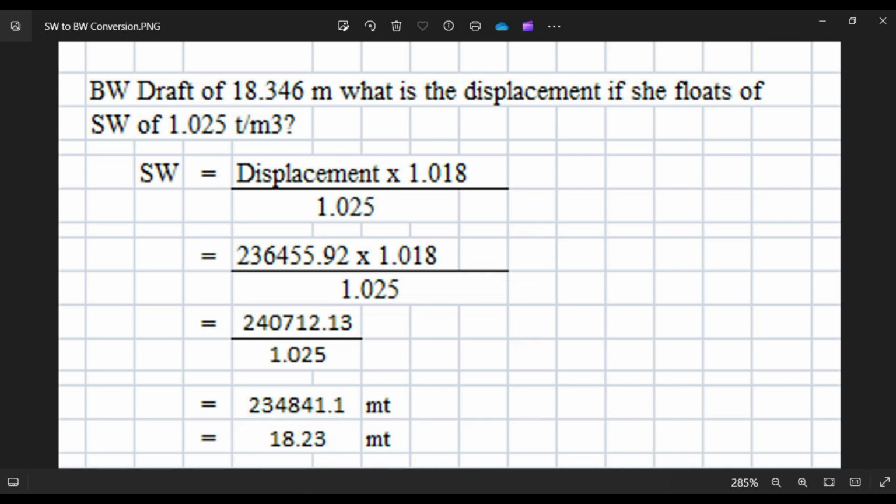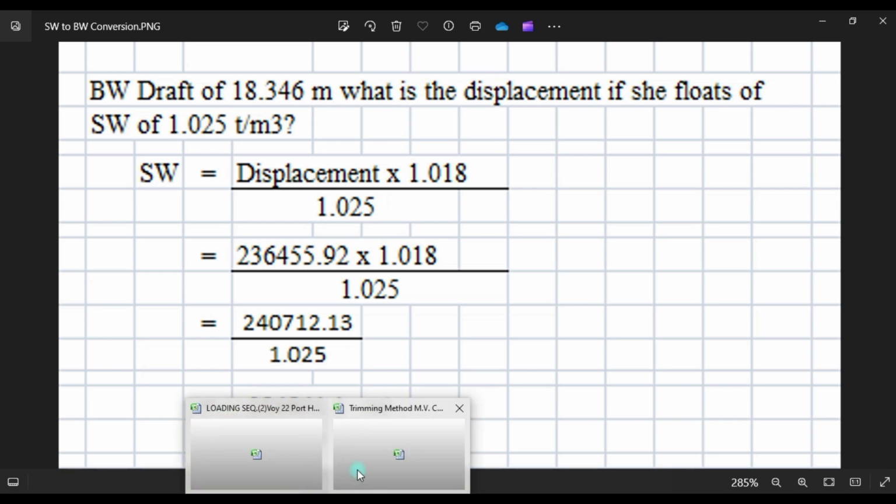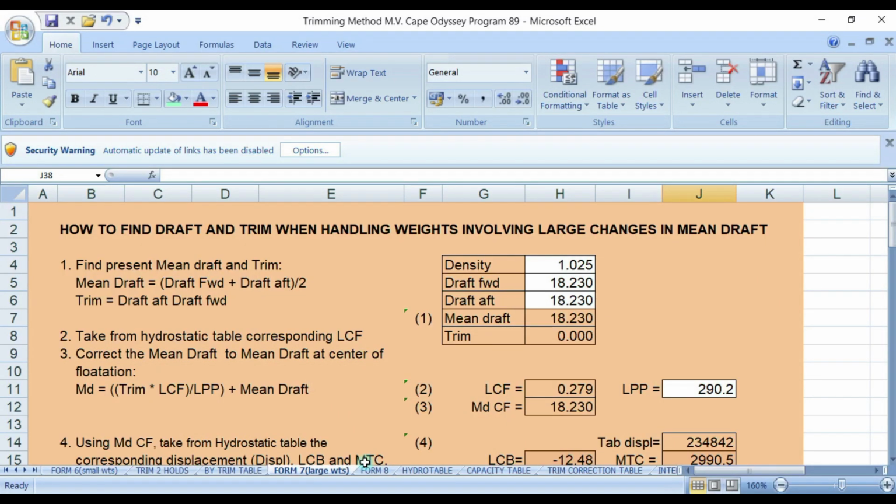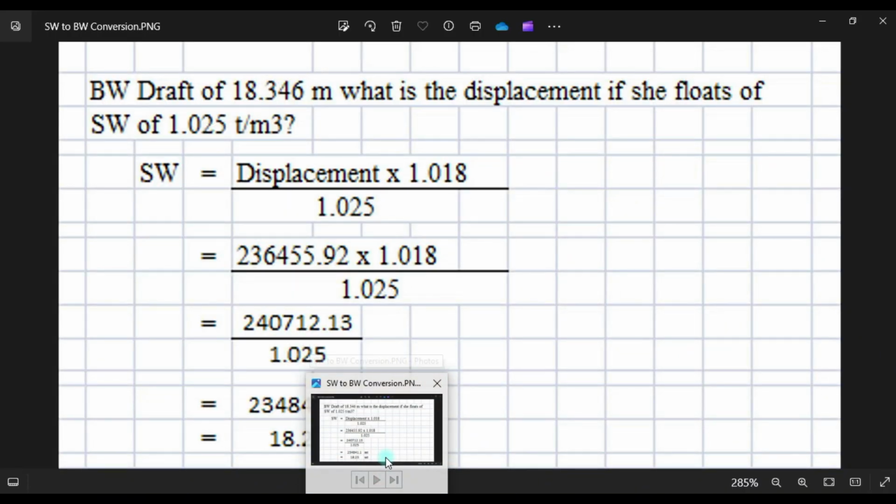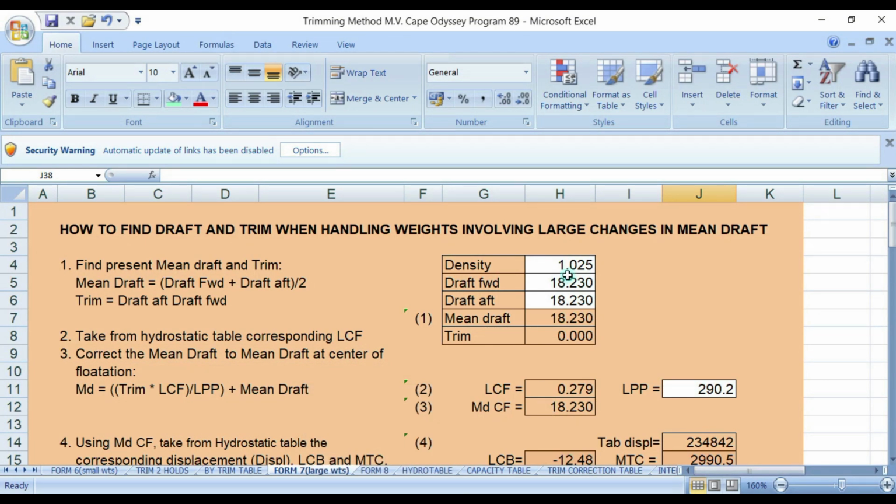So let's use the program, guys. Okay, 18.346. You change the local density to 1.018, then you put the draft 18.346.